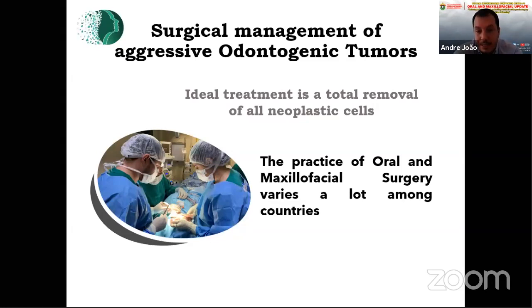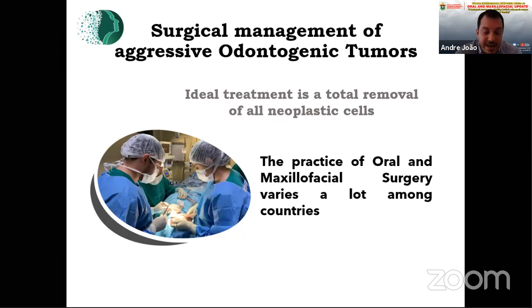João showed you before why ameloblastoma is so invasive and it recurs, for instance, after a resection surgery occurring in, for instance, a bone graft. So it's really, really aggressive. And to put you in this context, it is important to understand that the practice of oral and maxillofacial surgery is different